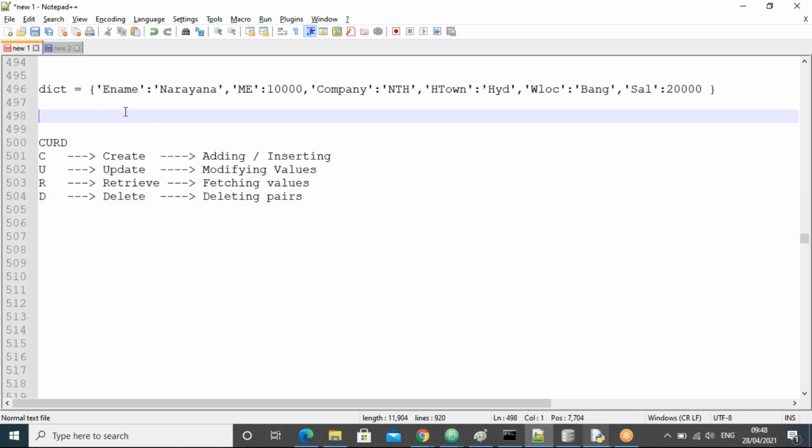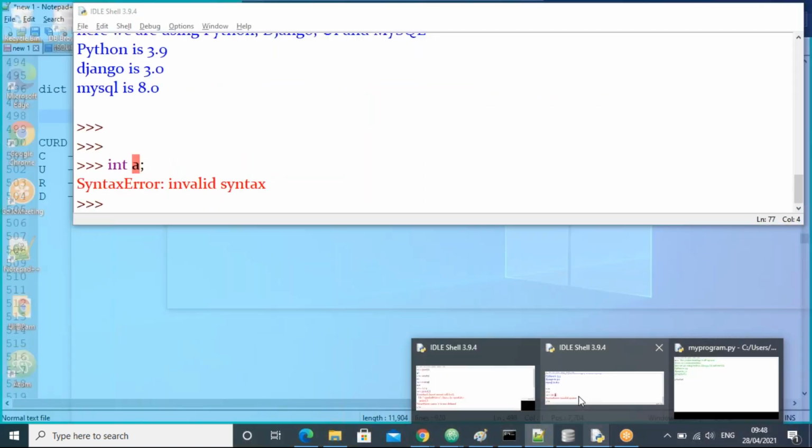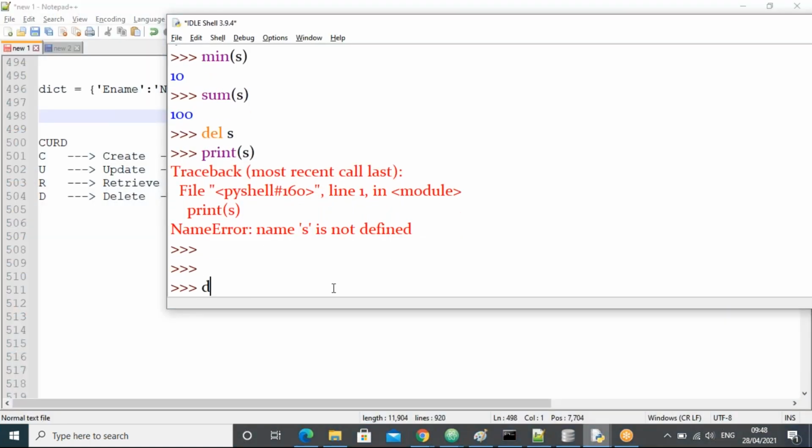First of all, let me tell you how to create a dictionary. All of you observe. I am taking d equal to curly braces. I'll take the first key, name, colon. What is the name I'll take here?